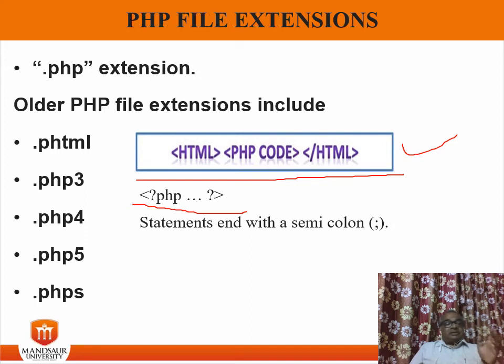For the sake of consistency, we always recommend that even if you are writing only a single line of code or one statement, you use the semicolon at the end